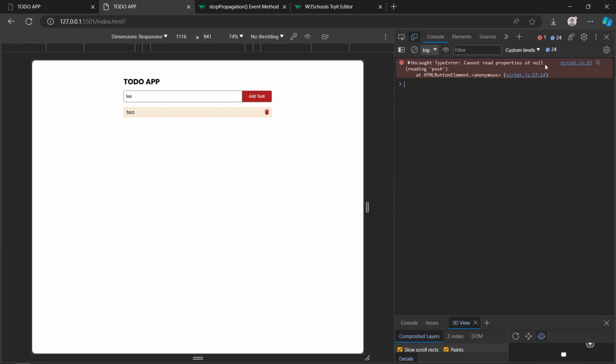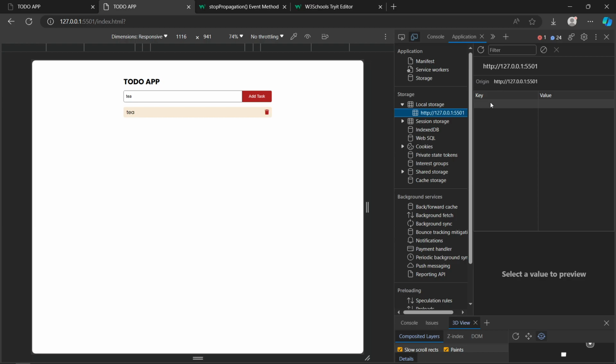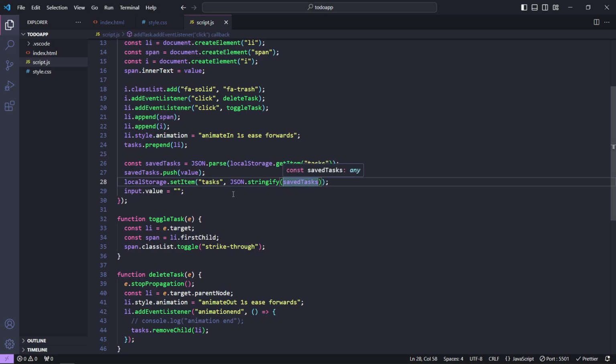We got an error, a null value, because when we came to this page for the first time, we did not have any data stored in our local storage, so that's why we got a null value. To avoid this, we can create an empty array. When we have a null value, instead of this we'll create an empty array and just store our new value